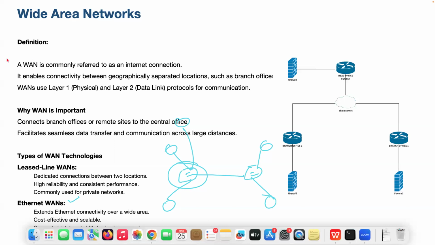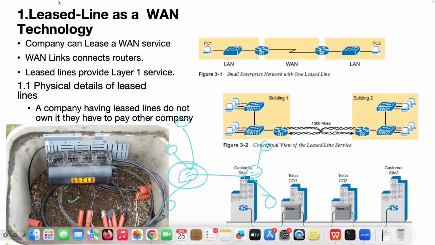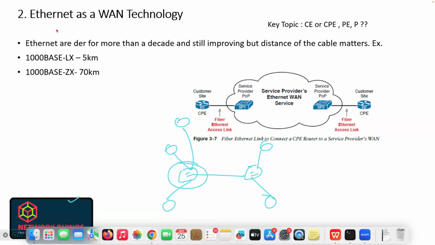I understood this logic, sir. Anyway, I'll share the PPT. Only if you want to note down some important points, note it down, or else this PPT will be given. No problem. So the same is explained here. Okay, leased line WAN technology, underground cable. This is how an underground cable looks, as you can see. And Ethernet WAN technology means I am going to use these switches.